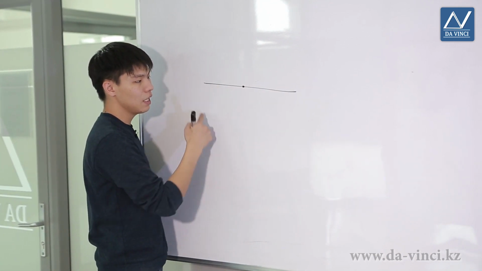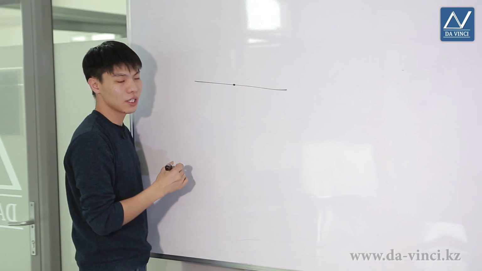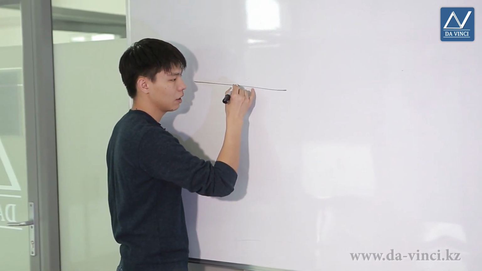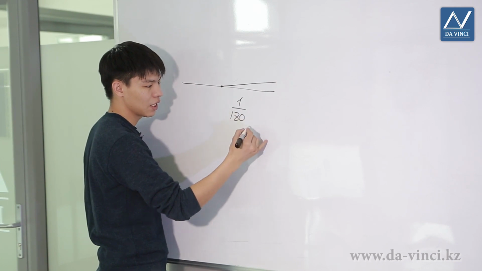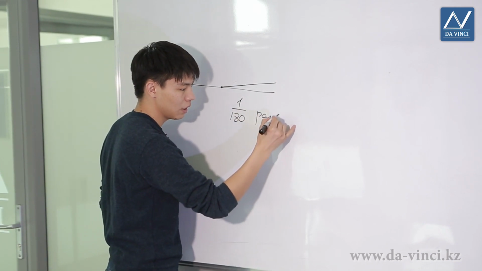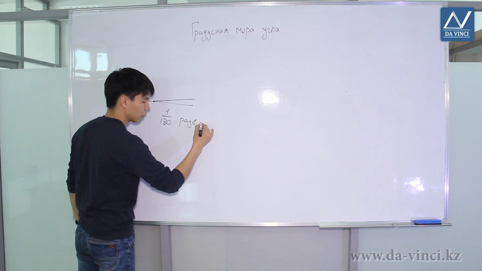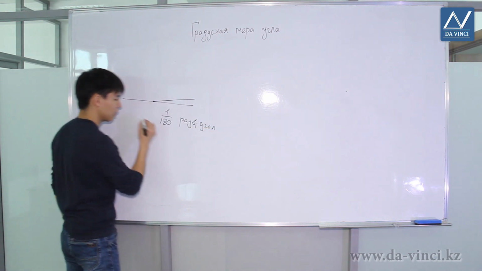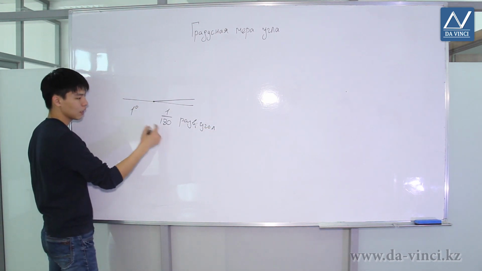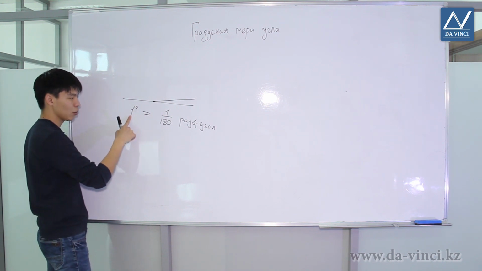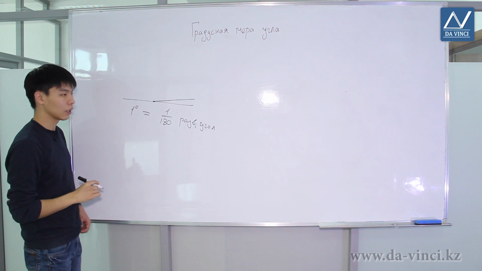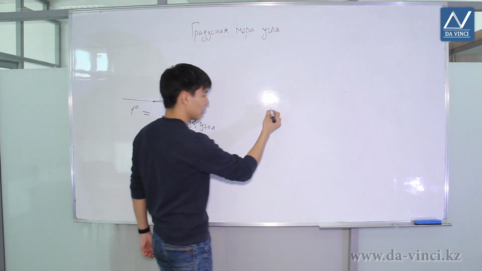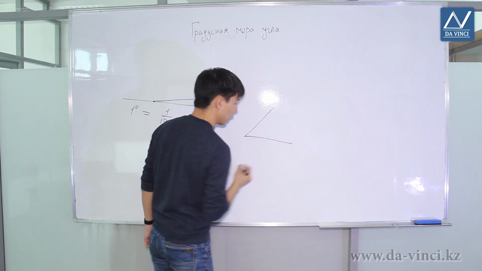Let's take a straight angle and divide it into 180 equal parts. One such part is 1/180th of the straight angle. 1/180 of the straight angle is called a degree and is denoted as follows. 1 degree is 1/180 of the straight angle, so that to measure the degree measure of